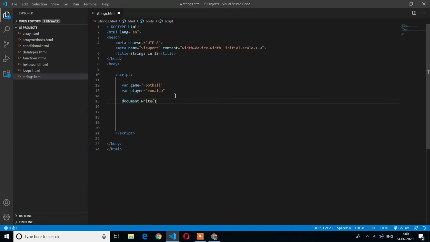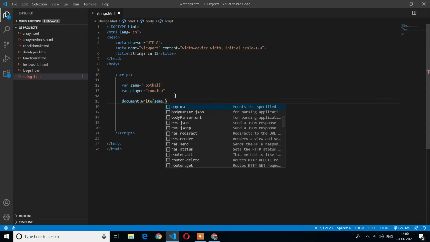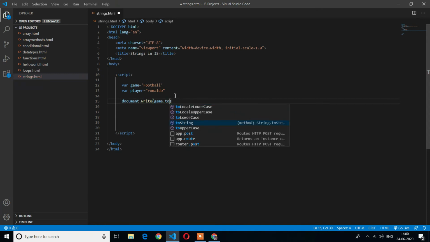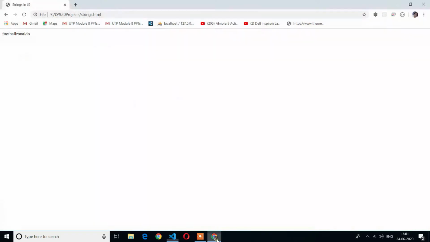So we need to do game dot toUpperCase function. For every function we need to use the parentheses, otherwise it will raise errors. So Control S. Now I will see the output. Here you can see the complete string is turned to capital letters.